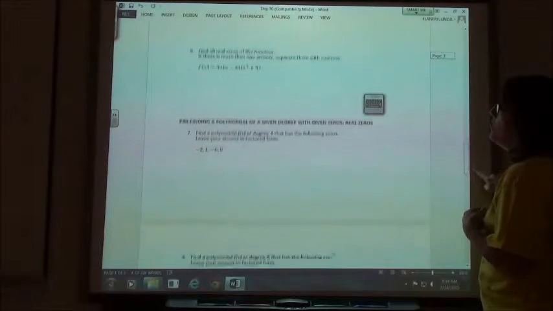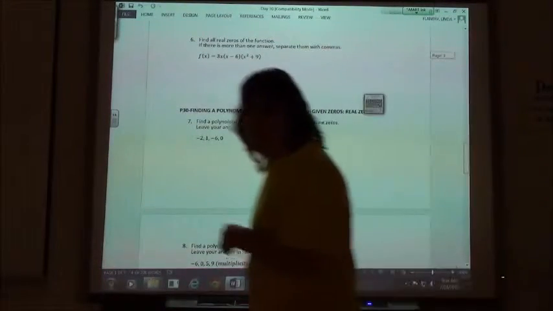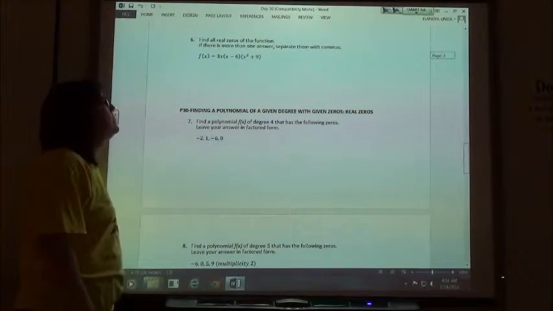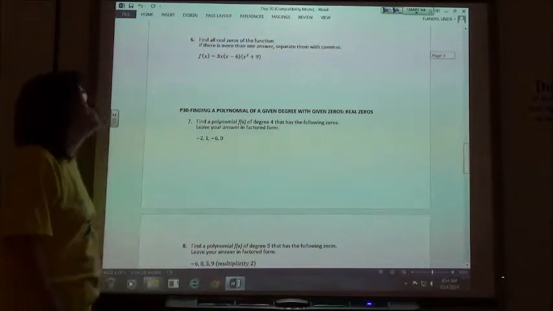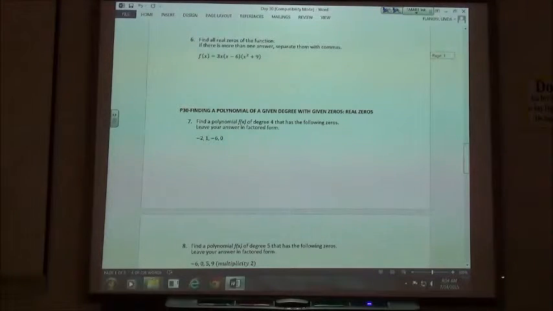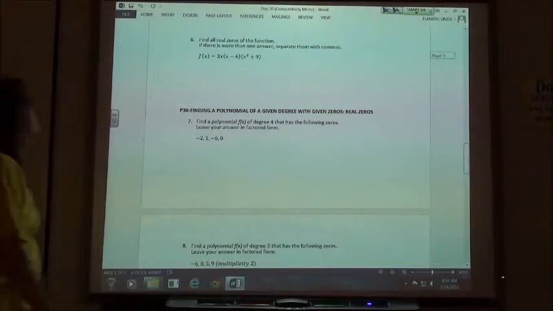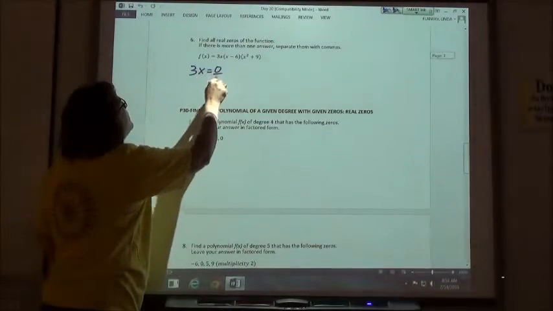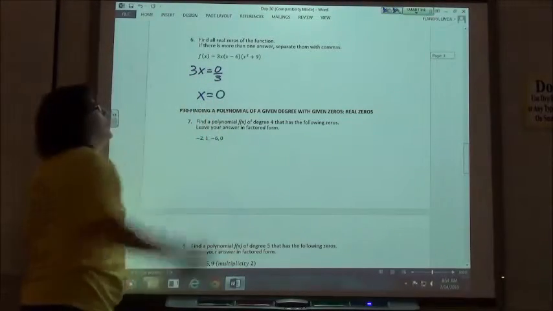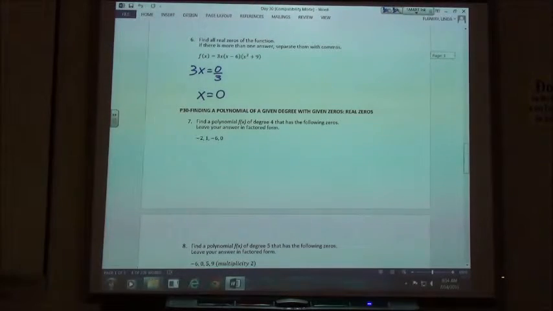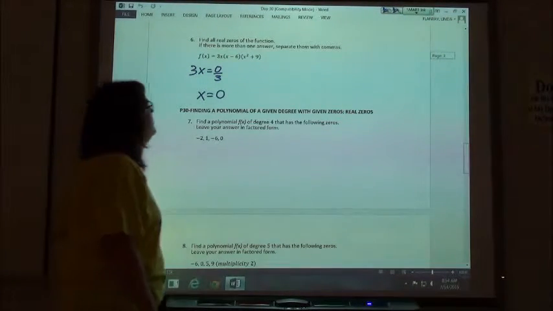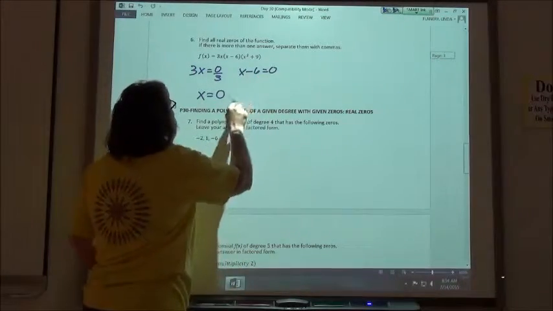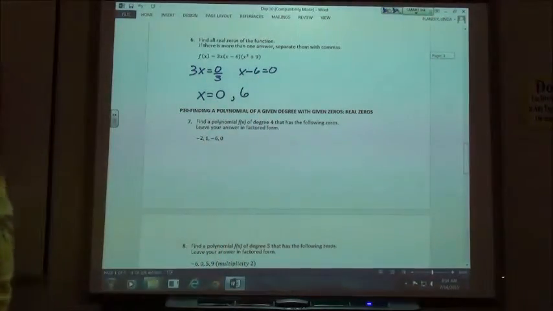So, on the third one, if I'm going to solve that one, what should I do? Divide by 3. So if 3x equals 0 and I divide by 3, I just get 0, right? The next one, add 6. If x minus 6 equals 0, you add 6, so you get 6. And on the last one,